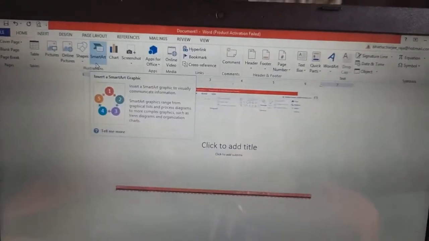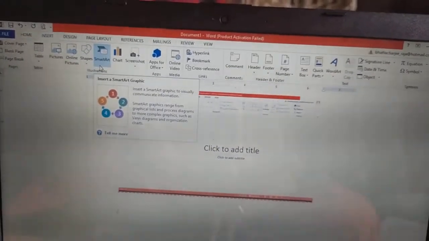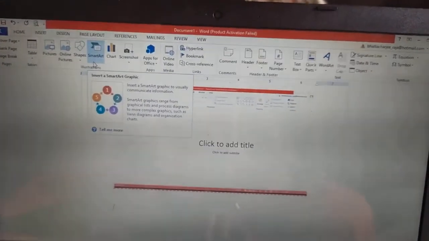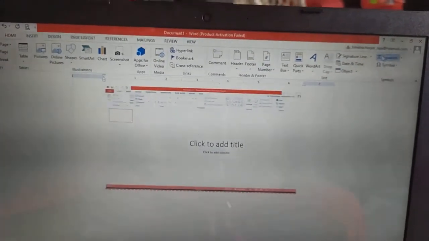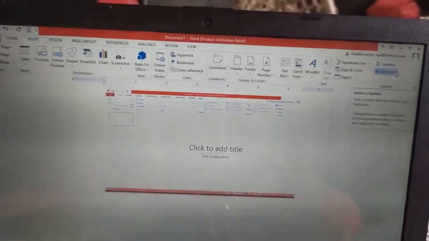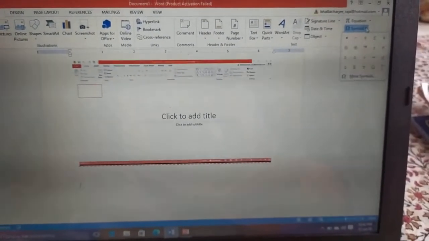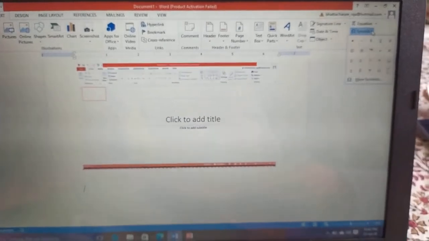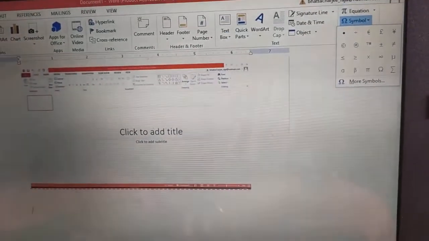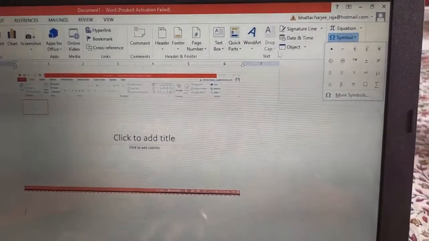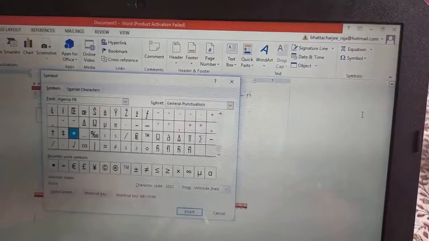Next, how to insert different symbols. You can find the Symbol option in the Insert tab. This is the Insert tab and this is the Symbol. Click on Symbol. Different types of symbols are there. Either you can select any symbol from here or the More Symbols option is there.